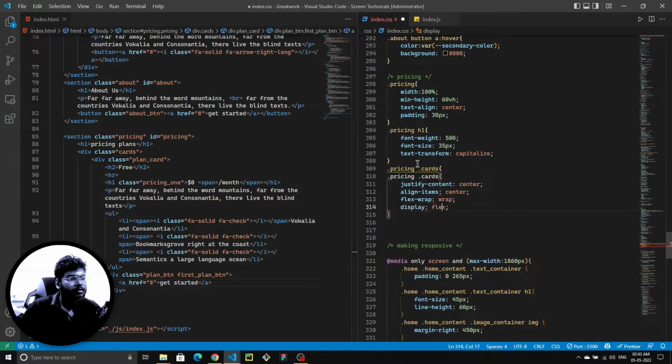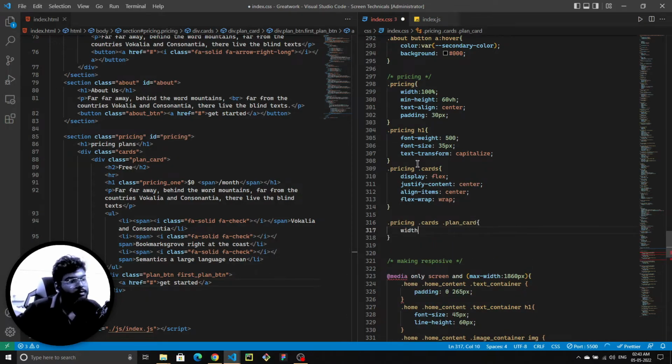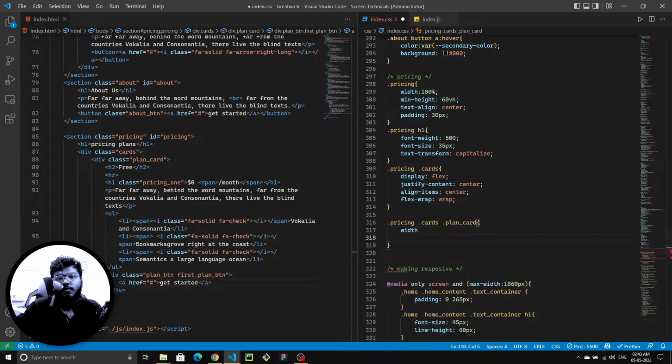Then copy this line, bring this line at this point, and instead I have dot plan underscore card, giving it a width of 330 pixels,